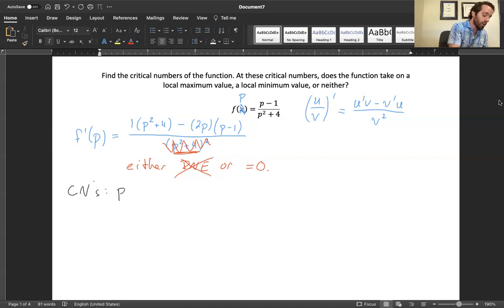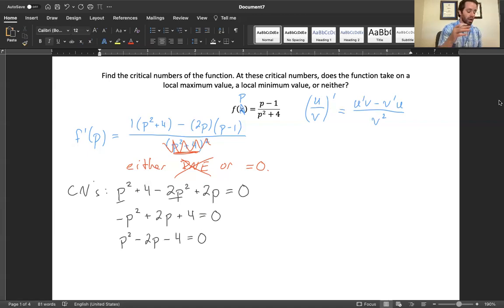So I'm going to expand the top, p squared plus 4 minus 2p squared plus 2p. That's a plus because a minus times a minus is a plus. Okay. So if this is going to be equal to 0, then I'd better do some like terms here. So negative 2p squared plus p squared is negative p squared. That's plus 2p and plus 4. And minus signs always ruin my day, so I'm going to multiply everything by negative 1, p squared minus 2p minus 4